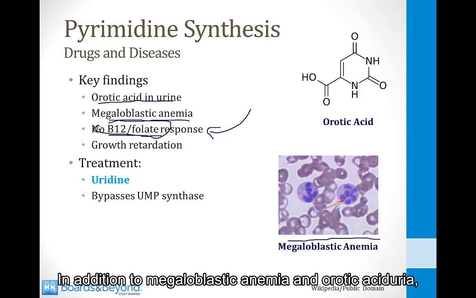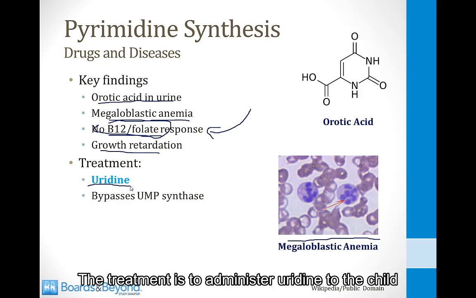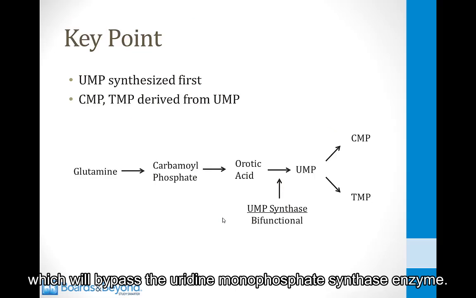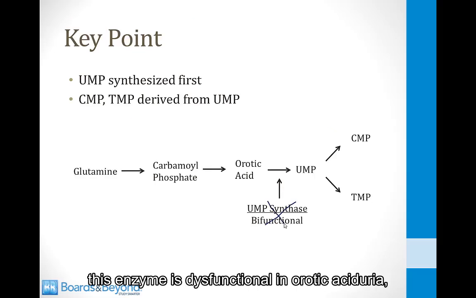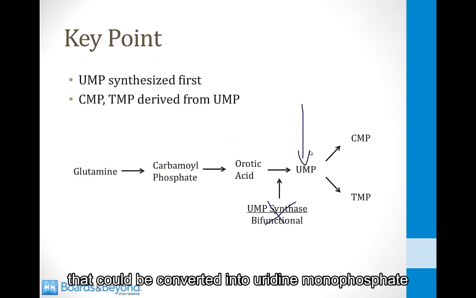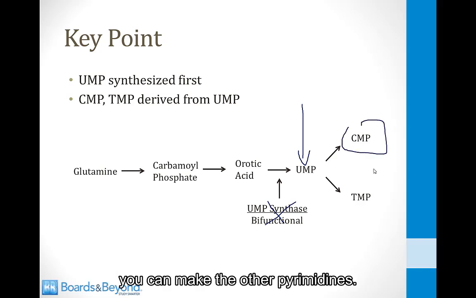In addition to megaloblastic anemia and orotic aciduria, these children will also have growth retardation. The treatment is to administer uridine to the child, which will bypass the uridine monophosphate synthase enzyme. If we go back to our overview again, this enzyme is dysfunctional in orotic aciduria, but if you give uridine, that can be converted into uridine monophosphate, bypassing the enzyme, and from the uridine monophosphate, you can make the other